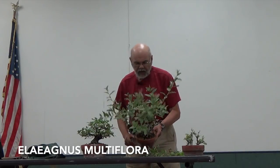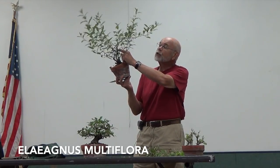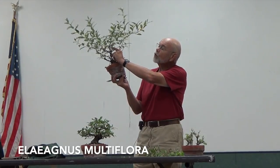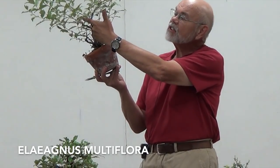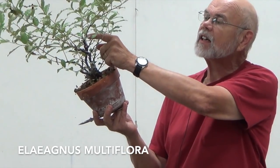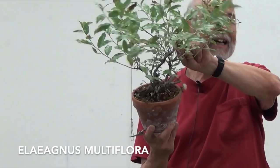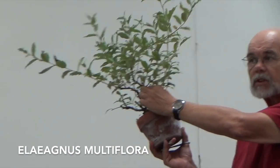So what I'm talking about is, see right here along this trunk, see where this stub was left? When that was cut, it caused this stem to go out. Well, then I cut it here, it caused this stem to go out. Then I cut it here. So everywhere that I cut and left a little safety margin of a stub, those are stubs I haven't gone to